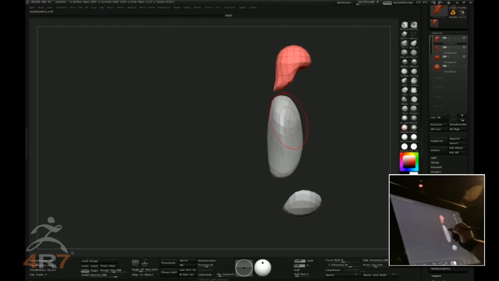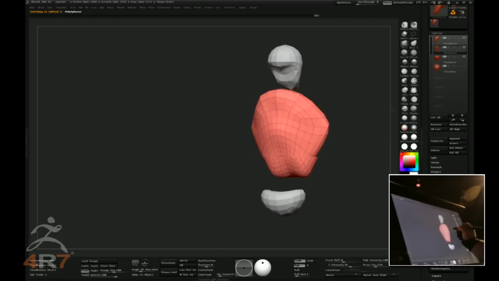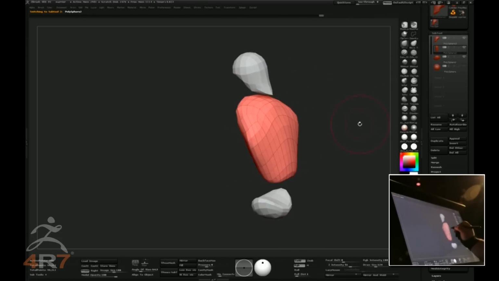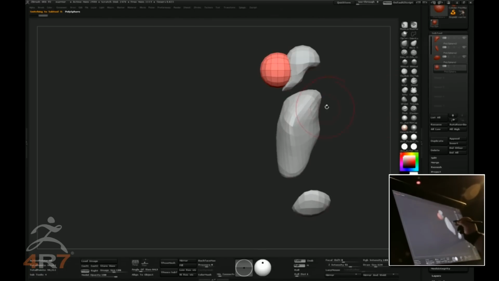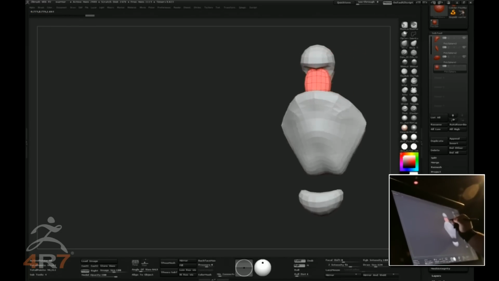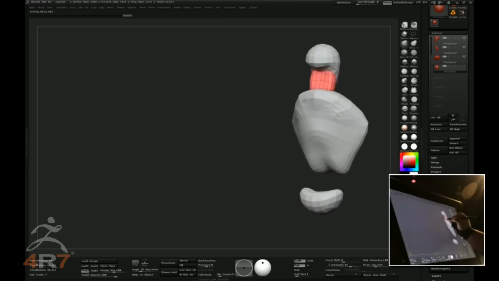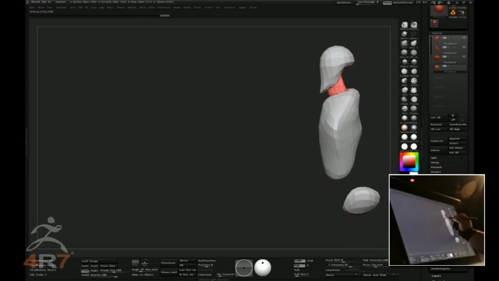You know, so now we can take this, and you know, now we've got someone who's a hero, right? So let's start with that, and I'll take this last sphere, and I will just make a little neck column. And the other thing that I try to think about at this stage is just the general silhouette and cross-section, right? So in just a couple of minutes, I can kind of set this up, and I like that it